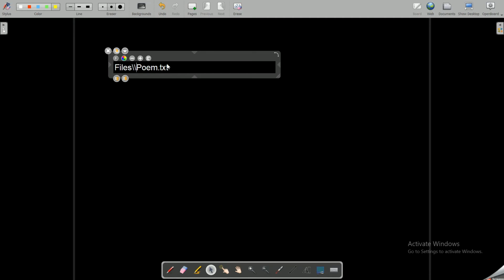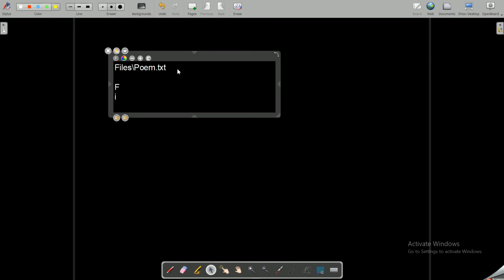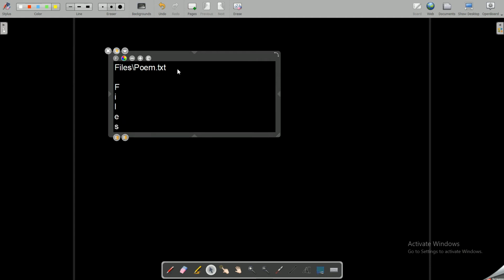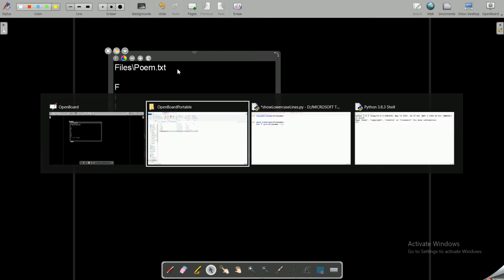How? The idea is, wherever it finds this single slash, it has to replace it with a double slash. So for that, we need to start reading the file name one character at a time. That is, first we need to read F, then I, then L, E, S, and then we'll get a slash. So once a slash is encountered, it should be replaced with a double slash or with a forward slash. So for doing this, we need a function, and let's see how that function works.